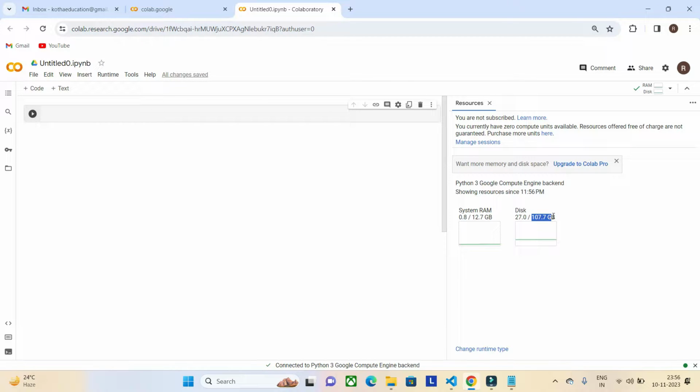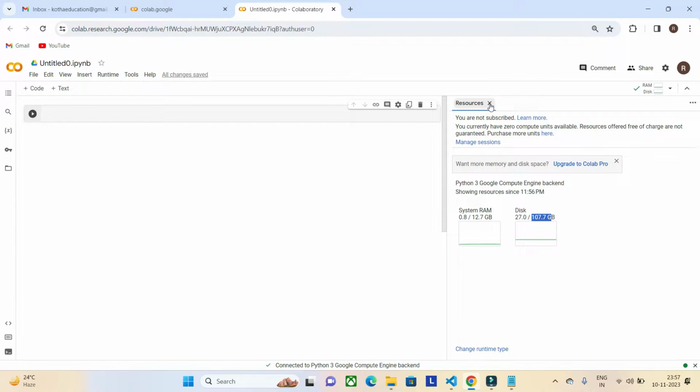Why do we need this much RAM and disk? If you are familiar with machine learning development, machine learning models always require a large amount of data. To process that large amount of data to train the model, we need a large amount of resources as well. So Google is providing this platform as a free service to each and every user to support machine learning development. The main reason I would recommend Google Colab is these resources. These resources make our programming very sharp and the execution very fast.